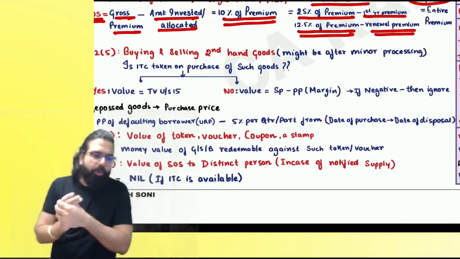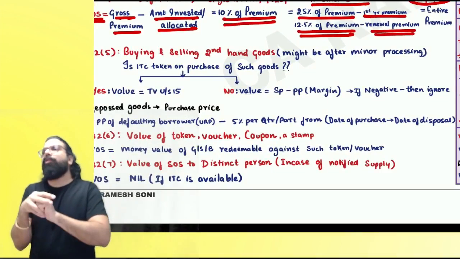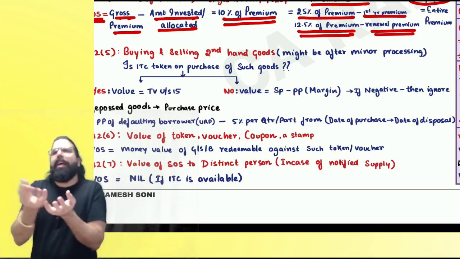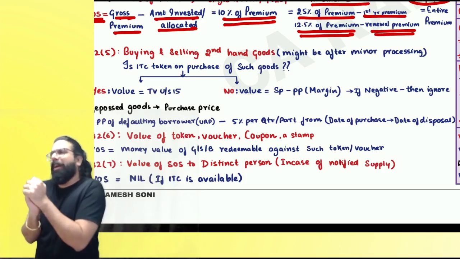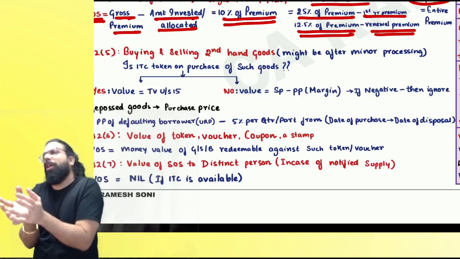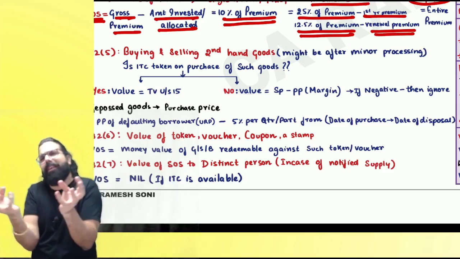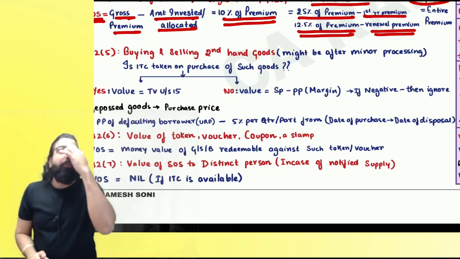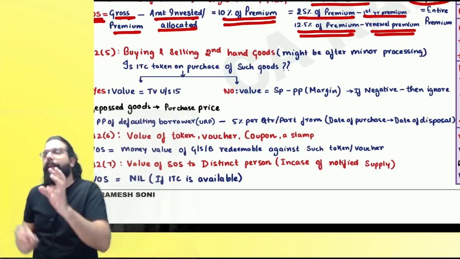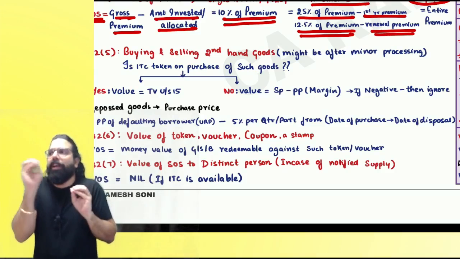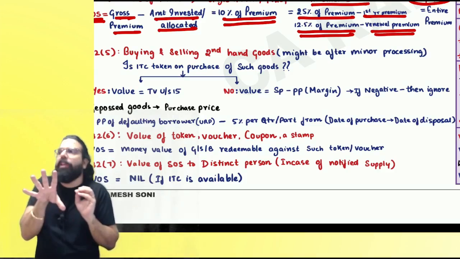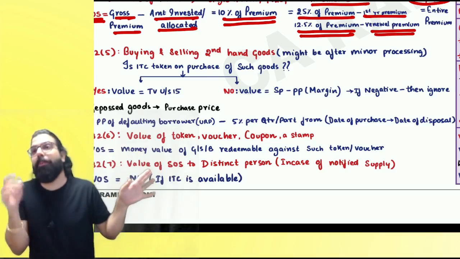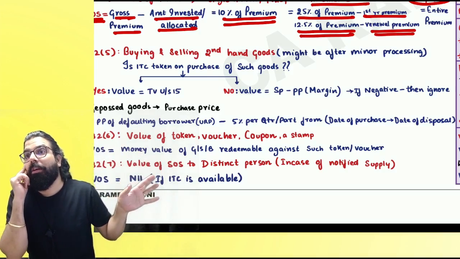if there is a person who is going ahead and buying and selling old goods, supposedly I buy an old television, I came to your home, I'm a garbage picker, I buy old stocks, old TVs, etc., and I repair them and I sell. Second-hand goods dealer. Are we clear? For a second-hand goods dealer, you bought a television for 5,000, repaired it, spent supposedly 1,000 rupees on the repairing, and you sold it for 10,000. Can you tell me what is the value of my supply?